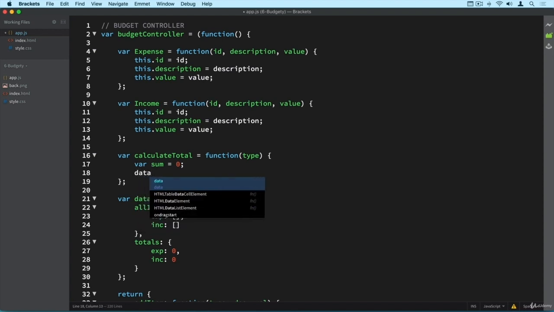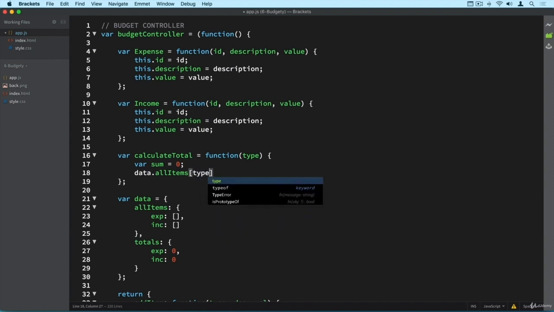So data, which is where all of this is stored, then the all items object, and then, such as we did before, we use our type argument to select if we want the expense array or the income array, right? So this type here will of course be either exp or inc, such as we've been using before. Alright, so this is the array, and now we can use the for each method. And remember, this accepts a callback function. So function,